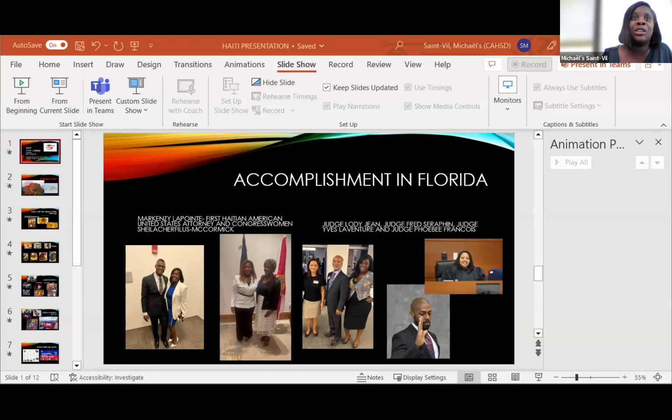We have a couple of judges. We have Judge Lodi Jean, who is the first Haitian American woman judge in Miami-Dade County. We have Judge Serafin, who is the first Haitian American man judge in Miami-Dade County. We have Judge Yves Laventure, that's in Broward, and Judge Phoebe Francois, who is also in Broward. So from being poor people to 50 years later, a lot has been accomplished. We are very proud. And this new generation that is coming, I do believe that they will take great advantage